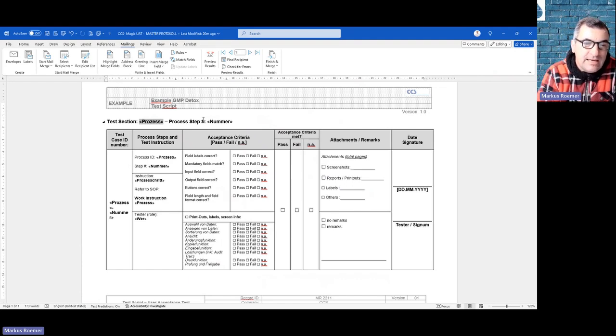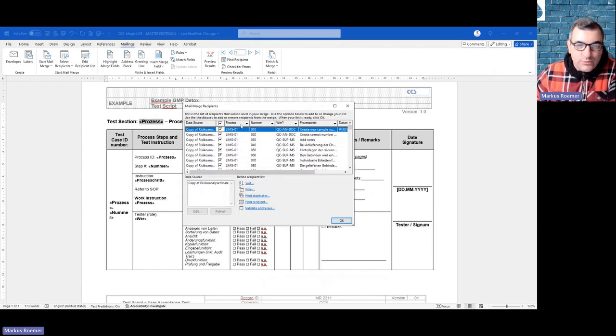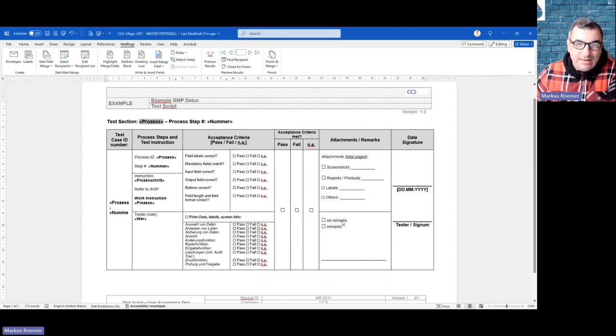So if you see here, it's a gray field. So I have uploaded it here with the list, and now I don't use street and name and so on. You can change that. You just create an Excel file with the process numbers, the sub numbers, the roles, the process steps, create a new samples and so on. And then here with the select recipients, you can map this table to your Word template, and the Word template